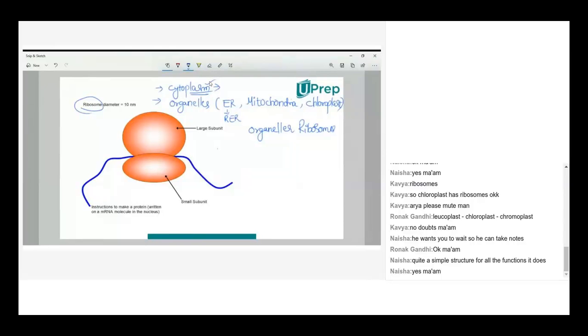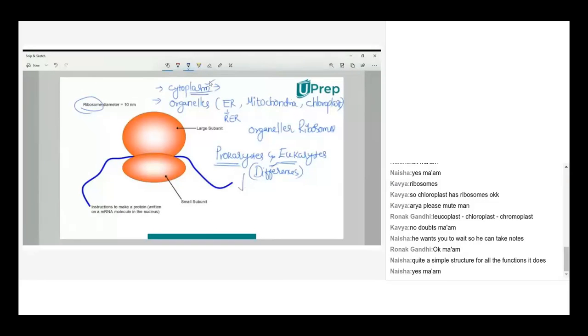Now, ribosomes are present both in prokaryotes and eukaryotes. This is the best example you can write when asked about similarities between prokaryotes and eukaryotes. Generally, students have more tendency to read about the differences, because in most textbooks they give only differences. But the trend has changed. They're asking even for similarities, and then we'll be counting numbers. What are the similarities? This is the best similarity: prokaryotes and eukaryotes both possess ribosomes. But there are small differences.